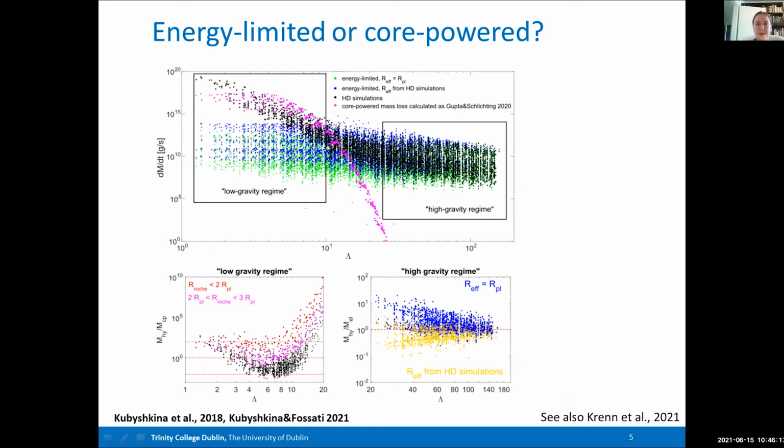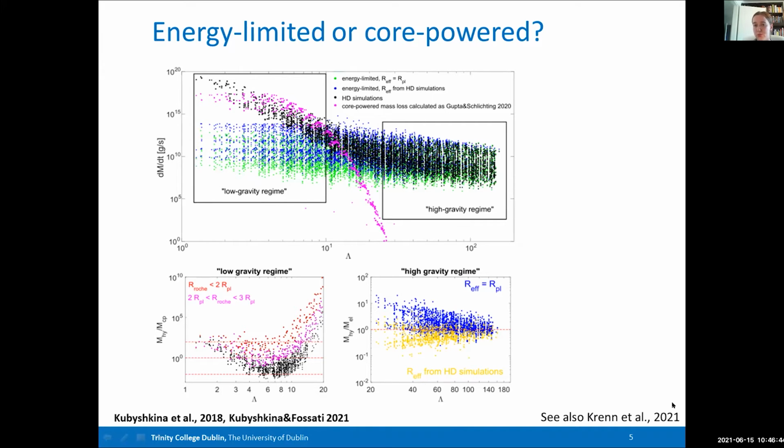At first glance, it looks indeed that on the left, predictions from the Hydra models are consistent with the core-powered mass loss, and on the right with the energy-limited approximation. However, closer consideration reveals that it is only an order-of-magnitude correspondence. If you would like to know more about it, please check out our research note, Kubyshkina and Fossati 2021, and